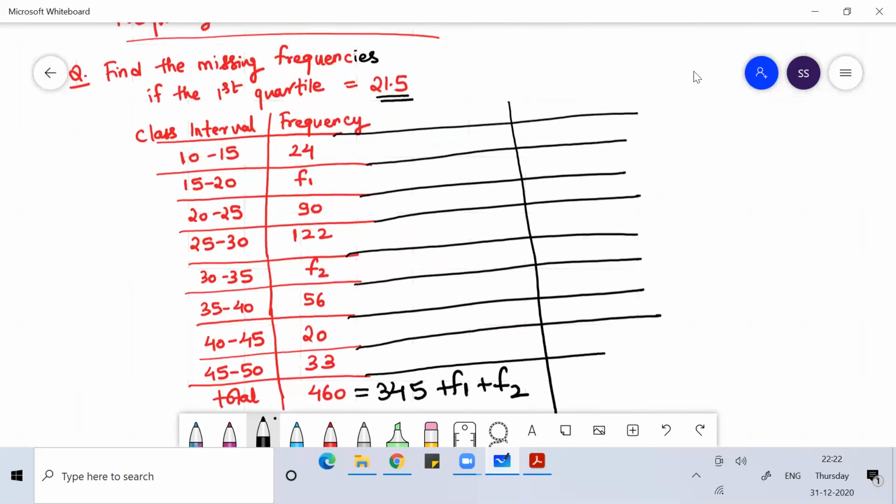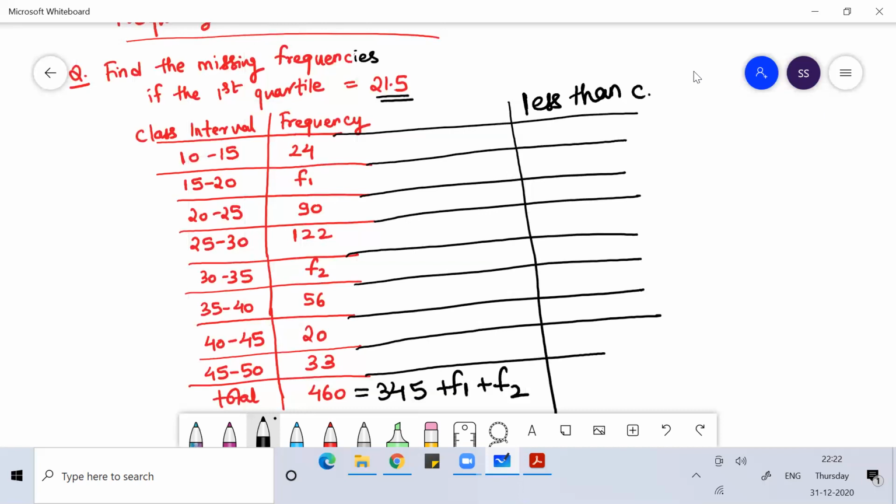Then, as you know, in this family where we are doing the calculation of median or quartiles or deciles or percentiles, all belonging to the same family, whenever you have to do the interpolation process, you have to write the data in the form of less than class interval with less than cumulative frequency, making sure that your class intervals are continuous. So here your class intervals are continuous. So I can write less than class interval followed by less than cumulative frequency. You can skip the less than class interval also, not at all a problem, because that does not impact your calculation. So let's write less than cumulative frequency.